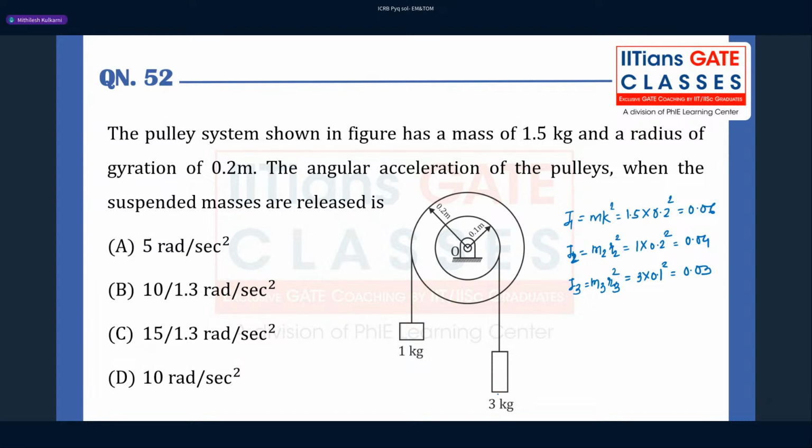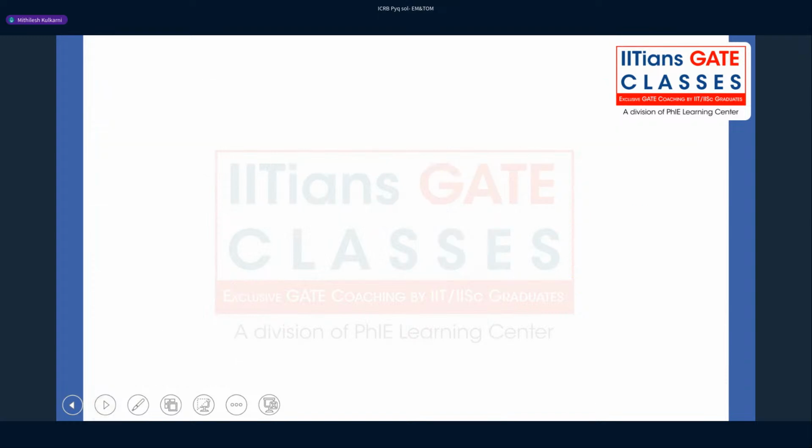The moment on the right hand side will be 3 into 0.1. On the left hand side, it will be 1 into 0.2. So basically the pulley will rotate in clockwise direction. And if we imagine a counter torque of I alpha, then we can say that the body is in dynamic equilibrium and we can apply D'Alembert's principle. So considering that, we can say that (I1 + I2 + I3) into alpha has to be equal to